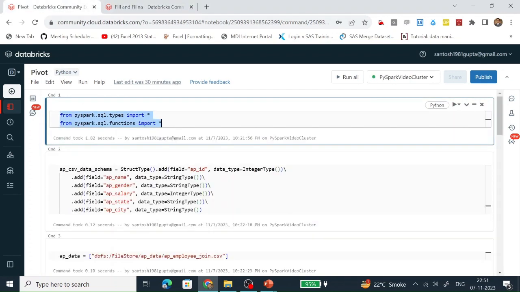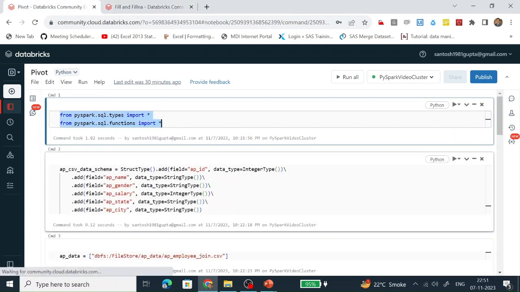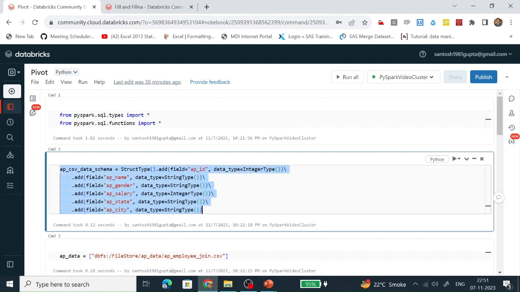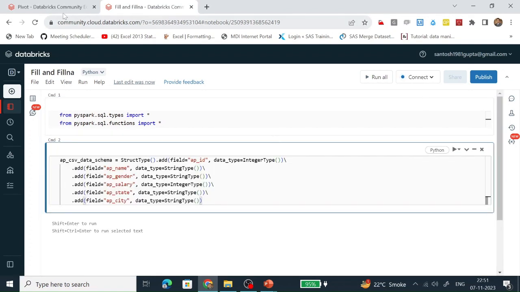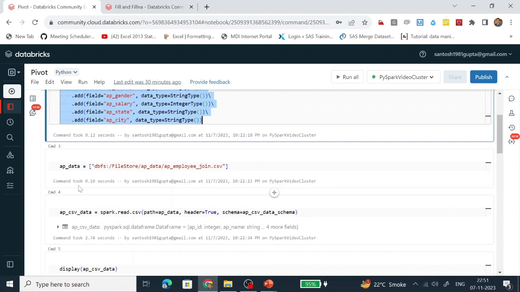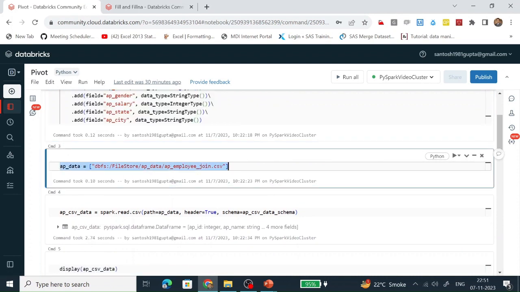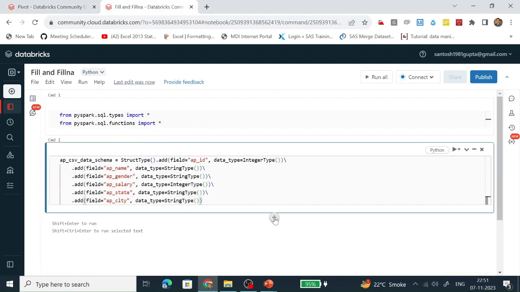This is for the library. This is for creation of the custom schema. This is for defining a list variable and storing the path of the CSV file in it.